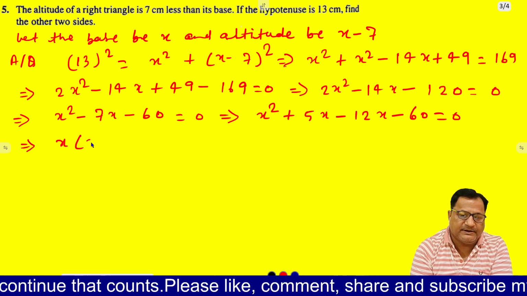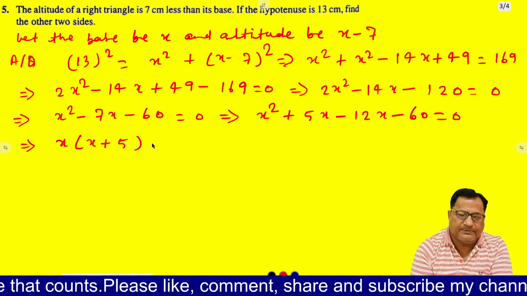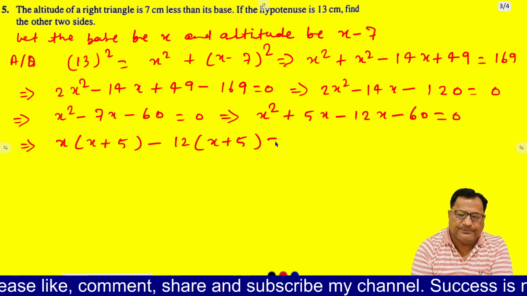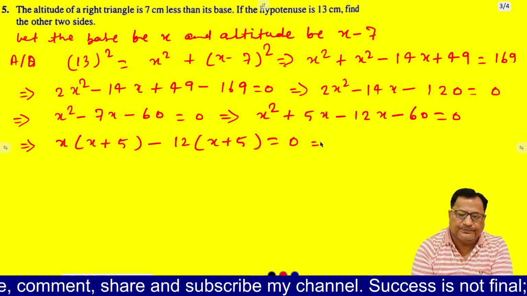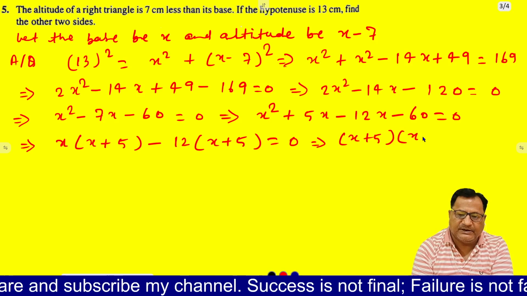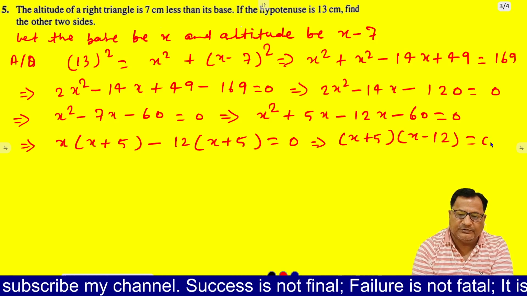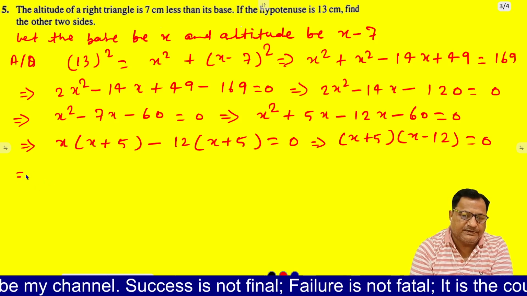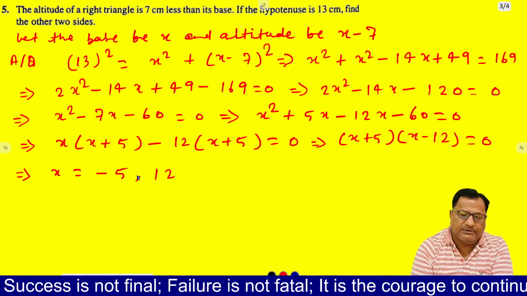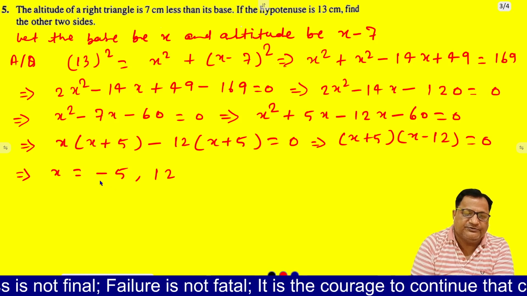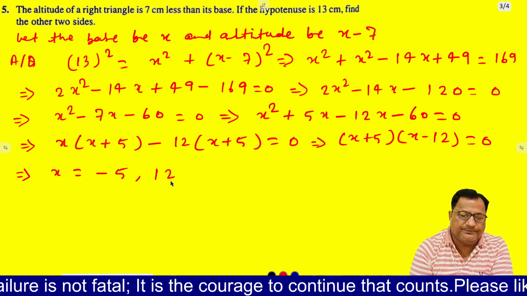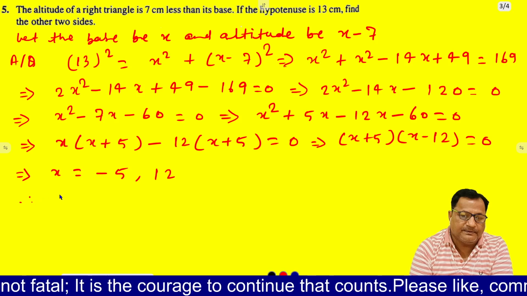If we take common x, x plus 5 minus 12 (x plus 5) is equal to 0. If we take common (x plus 5), (x plus 5)(x minus 12) is equal to 0. Then x is equal to minus 5 and 12. So minus 5 is not possible because length cannot be negative, so this is 12, therefore base is equal